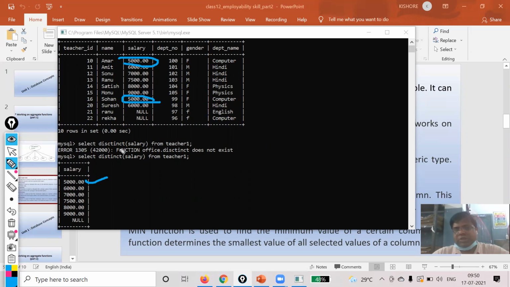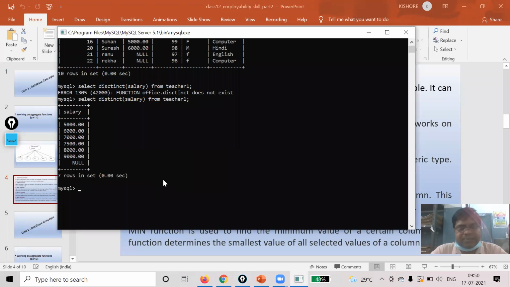Now the next question: to find those employees whose gender is female. There I have male and female, so in that case I have to use a condition, and that condition must be used in the where clause. I'm going to show you.